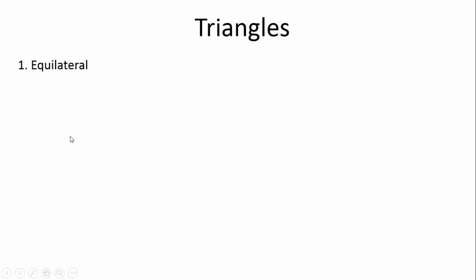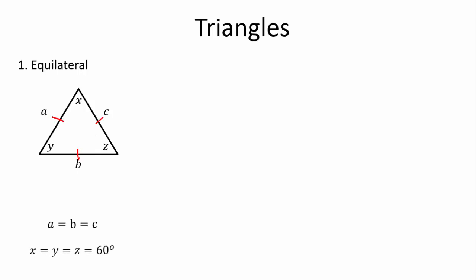Okay, we have three main types of triangles. An equilateral triangle. This is where A equals B equals C, all the sides are equal. We're going to put a line there to show that all the sides are equal. And then we can say X equals Y equals Z equals 60 degrees. Right? We can also label these angles all the same letter. For example, that could be simply written as XXX. We're going to just write here X, Y, and Z is all equal, and that is all equal to 60